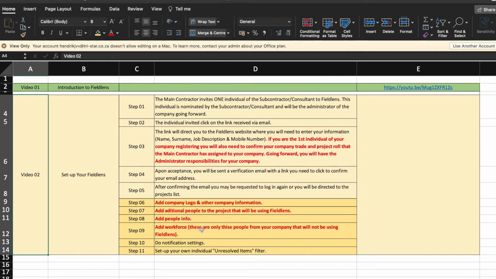So add workforce. These should only be those people from your company that will not be using Fieldlens. So later on, when we're going to do daily posts that will assist with maintaining daily diaries, you'll need to actually punch in the hours of the people who worked on site. So apart from people that's actually going to work on Fieldlens, which you'll add through this process we just went through now, you're going to need to add your workforce, name and surnames of your workforce, so that you can actually record their hours daily. So to do that, you're going to go